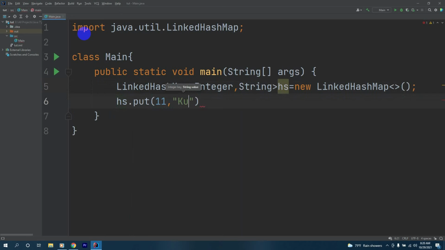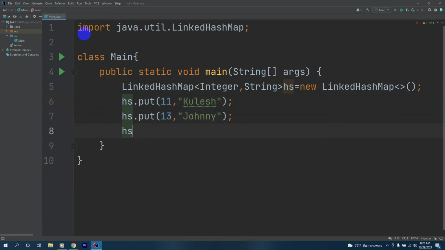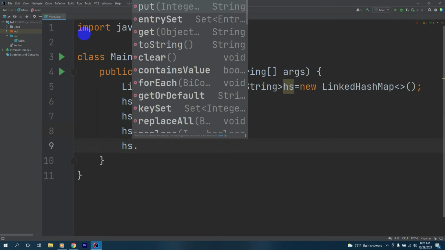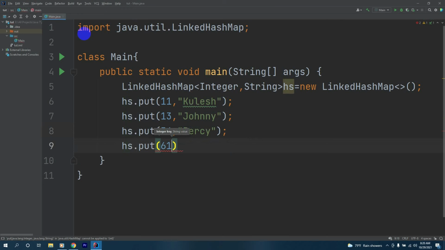We say Kulesh, and after that hs.put 13 and the value will be Johnny, and hs.put 34 key, the value will be Percy, and after that hs.put 61 will be the key and the value will be Dracula.